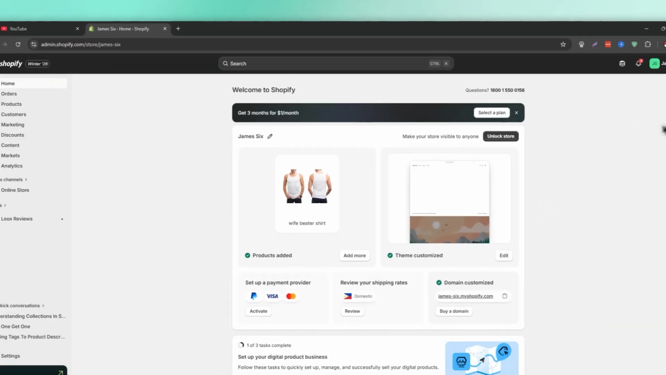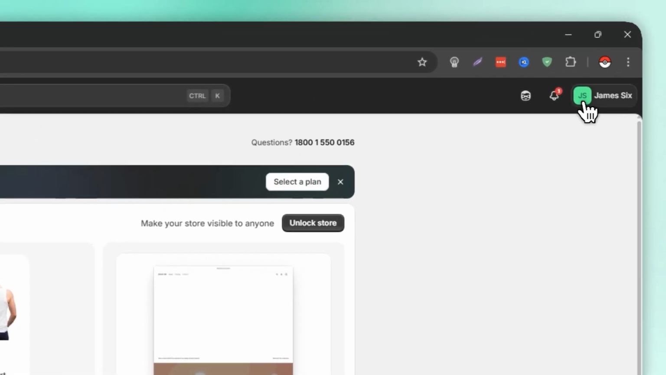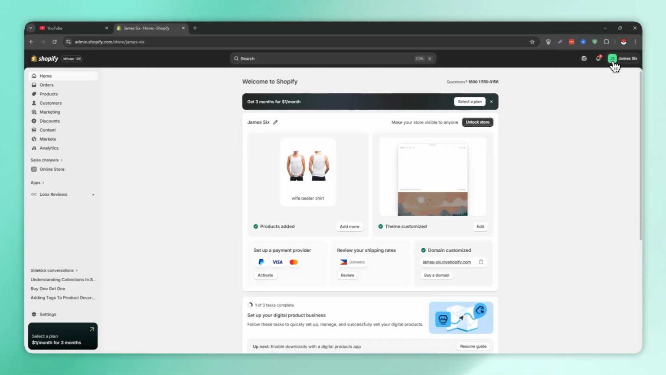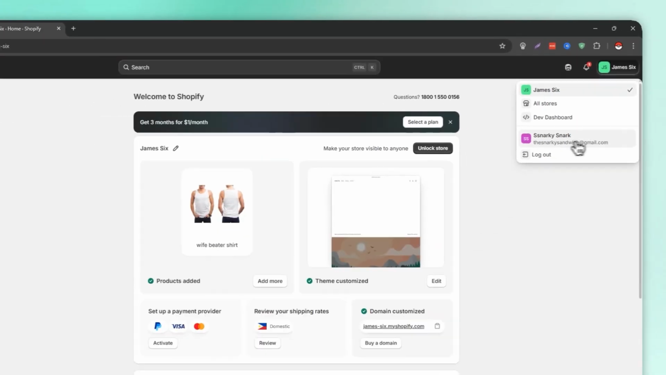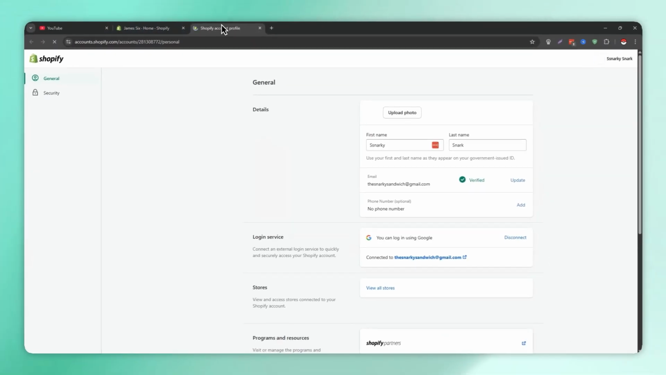I want you to look towards the upper right corner of your screen over here, which is pretty much your store name. So click on it and this small pop-up will appear. I want you to click on your profile, which is this one. So click on this one. So a new tab will appear, and under general, right there, this is going to be your general profile,